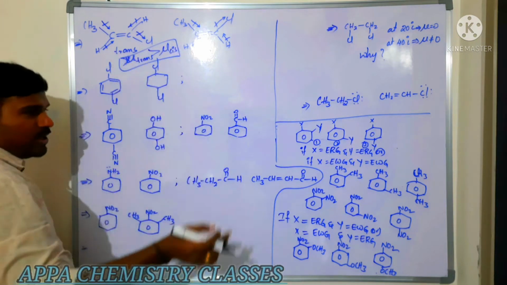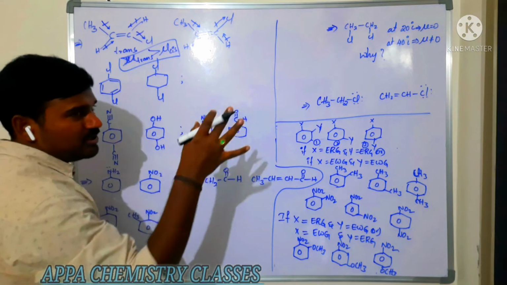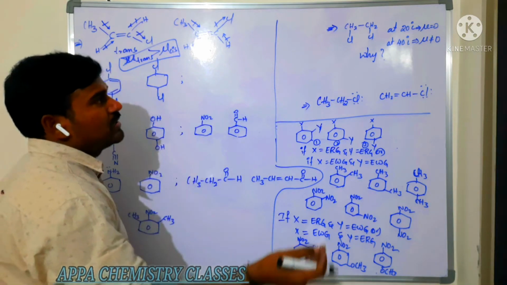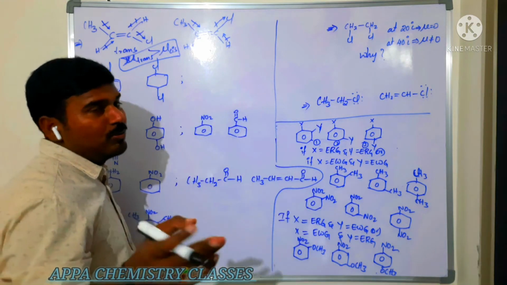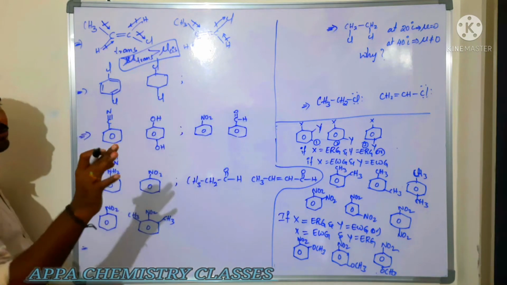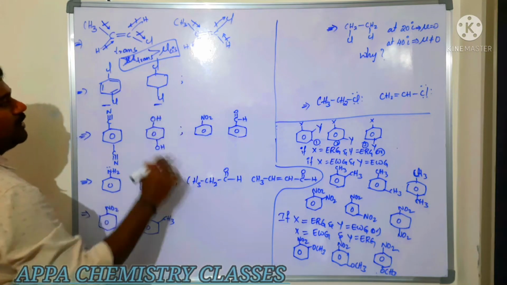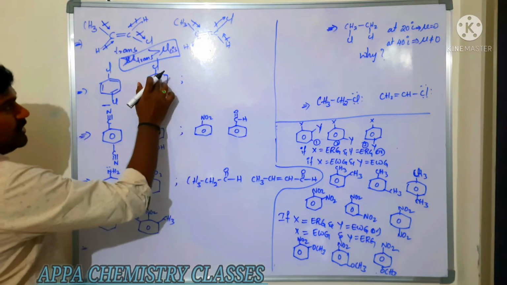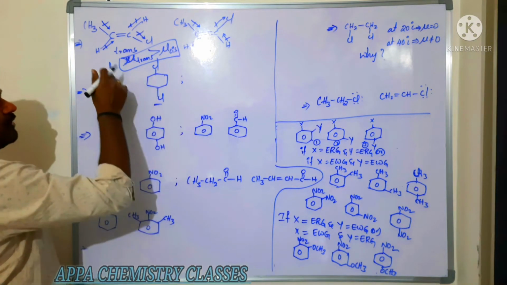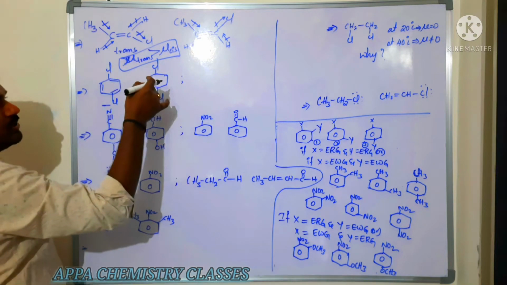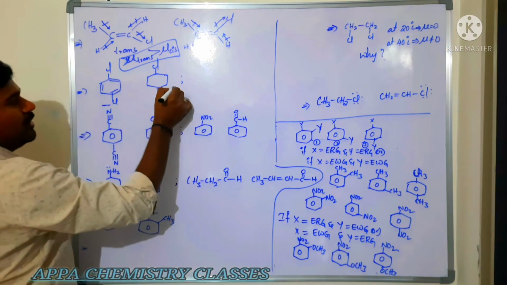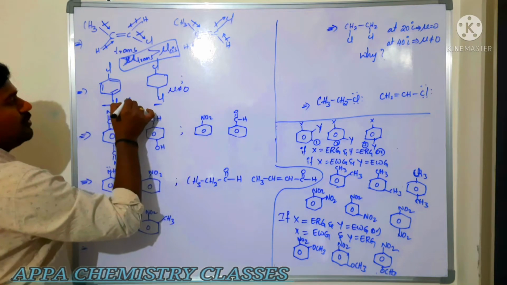In very few cases, it is just 5%. In most of the cases, cis compounds have more dipole moment, and only in very few cases, like this example, it is otherwise. Is that clear? Most important. Now you say which is having zero dipole moment. Is this having zero dipole moment? Both are having opposite directions, 180, so both are 0? No. It is not equal to 0, whereas here mu is equal to 0.